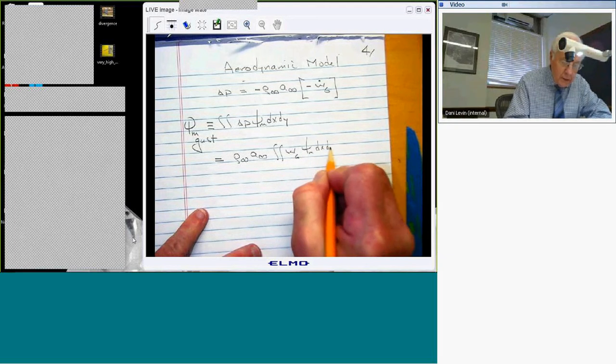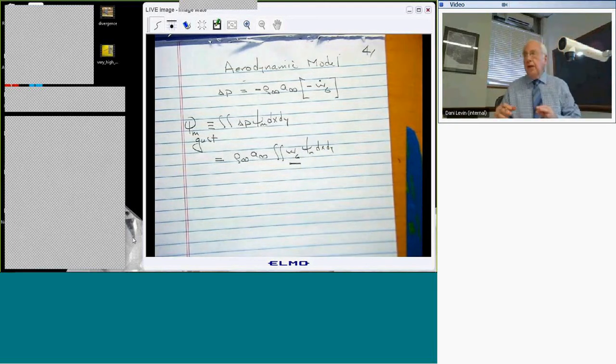Someone has to tell you, or you have to divine by some means, what you think the gust velocity is. And often it comes from a combination of flight measurements and a little bit of curve fitting. And there is a little bit of theory based on the theory of turbulence. We won't discuss that later.